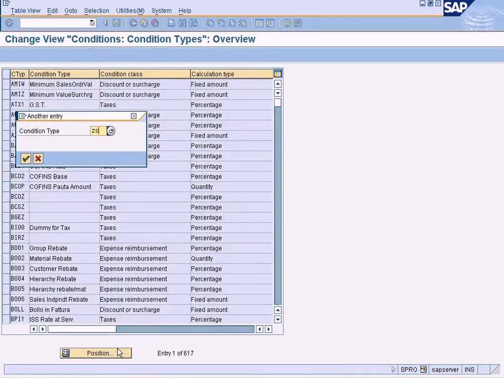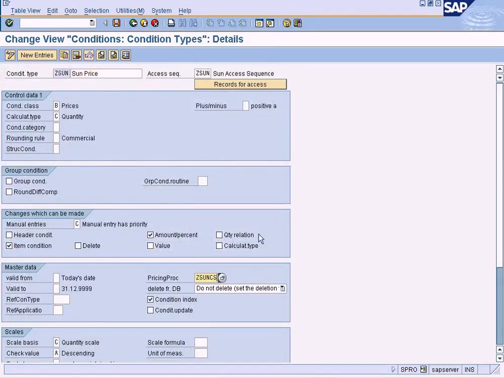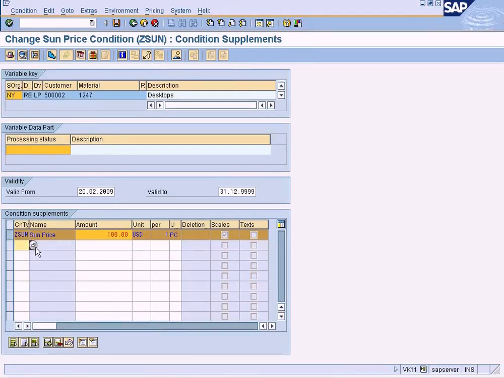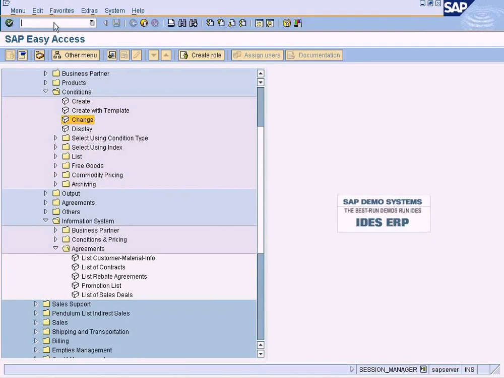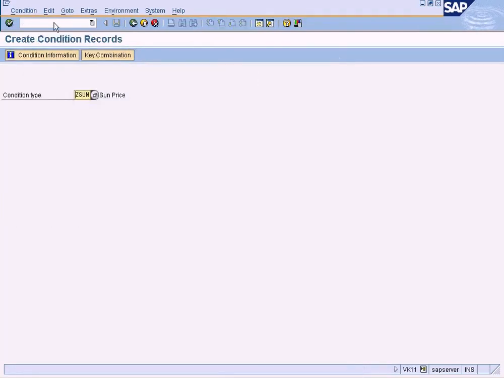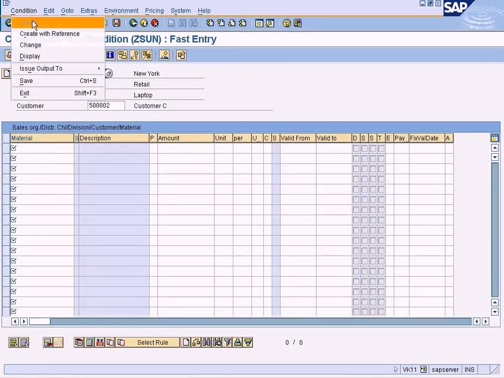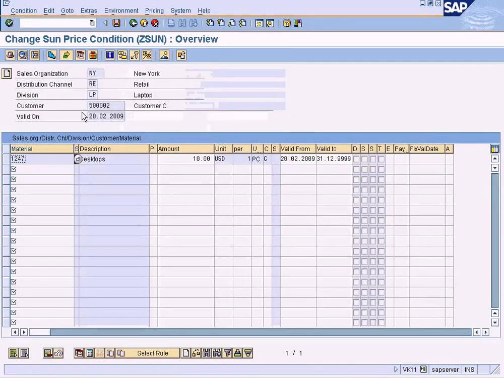19 condition types. Go to Z sun, double click, replace this with this, and save it. Alright, let's go and recreate now. We need to quit all the way. PK11 Z sun, click OK. Go to change mode, execute,